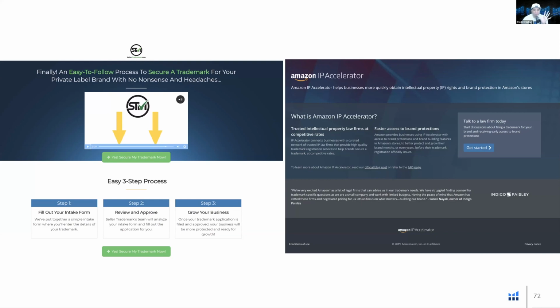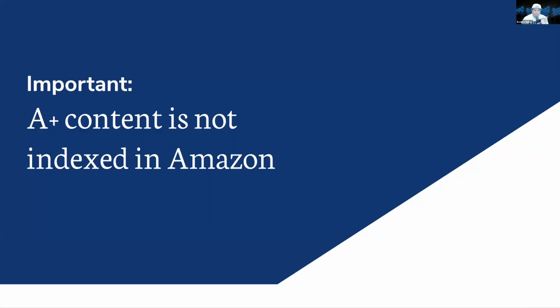Now, something important for you guys to know: the text in A+ content is not indexed in Amazon. So what does that mean? That means that if you have a keyword and the only place in your listing that it appears is in your A+ content, it does not make you searchable for that keyword. However, it is indexed in Google. So you are searchable for it in Google. So in Scribbles, do not count